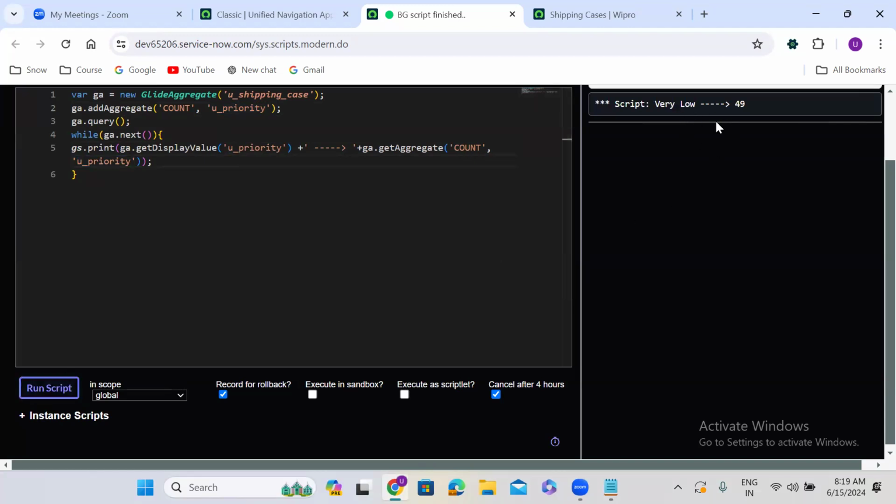So all are very low. In the very low short, there are 49. Okay. Likewise,